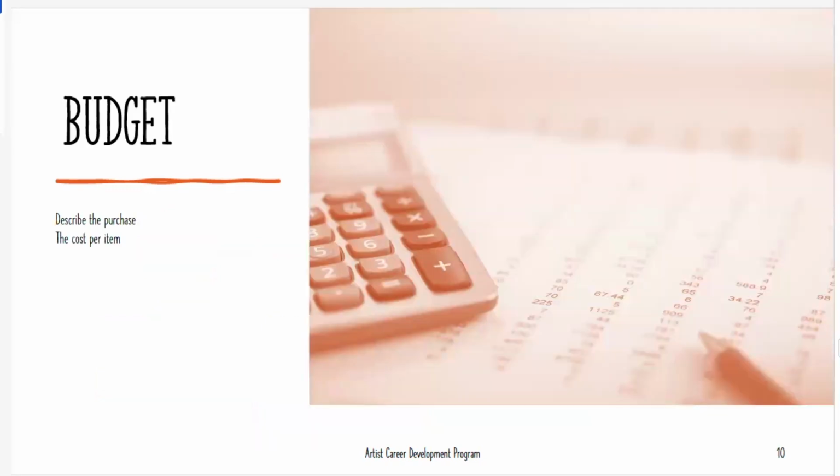When it comes to the budget, you'll need to list all the expenses related to your project. These expenses should be divided into two categories. You'll have your eligible expenses, which the grant funds will support, and then additional expenses, which might be part of your project but are not covered by the grant. You'll need to be able to provide an explanation for how any additional expenses will be covered, anything above and beyond the $4,000 that the grant would cover.